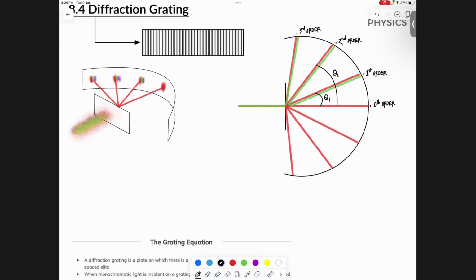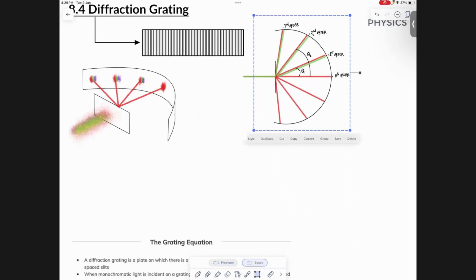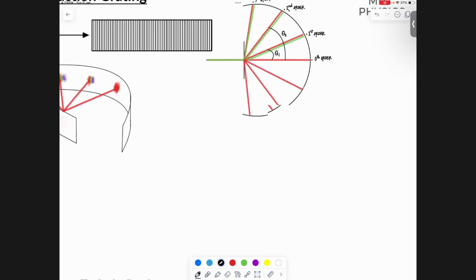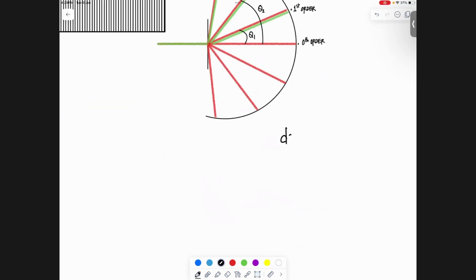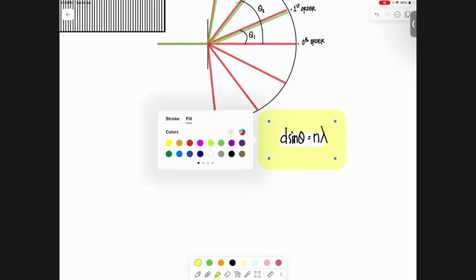So all of these combine to come across the formula. I'll get right to it. So the formula is a very interesting topic. The formula is d sin theta equals n lambda. And this equation will help you find the wavelength of the unknown light that you are observing. So what do we want to explain? First of all,